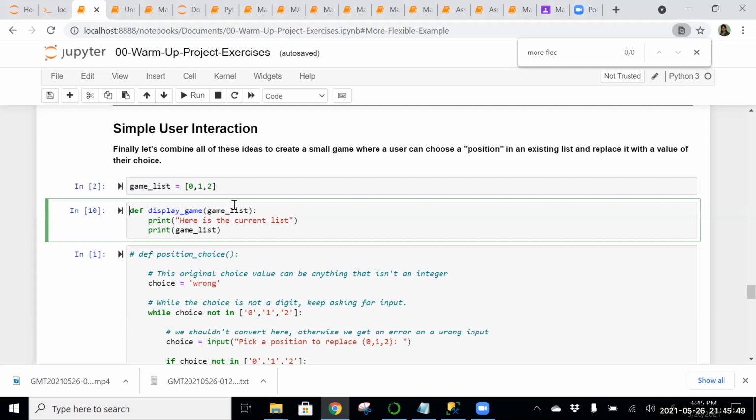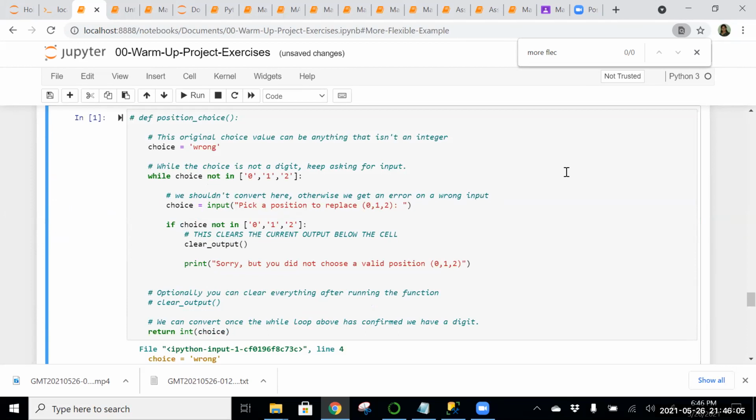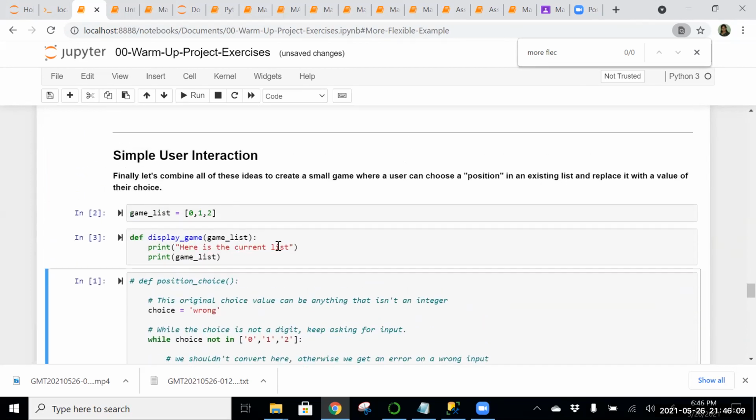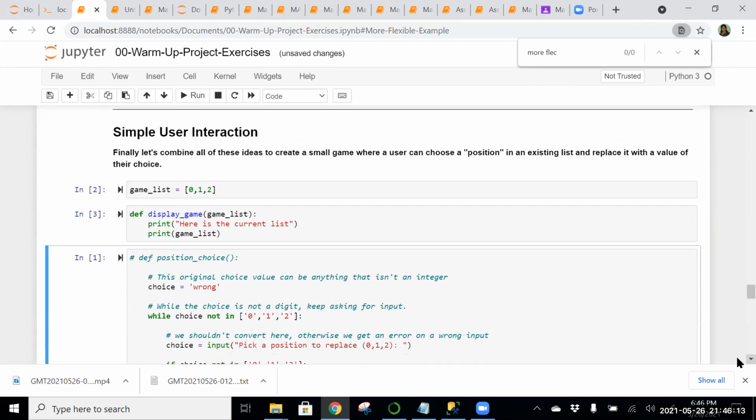So if you see right now, this is just done in part. A small function is created, display game. It is going to display that list, right? So if I come over here, this is what you have created, and now we are creating a function over here that is just going to display the list of numbers that you have given in the list over there.